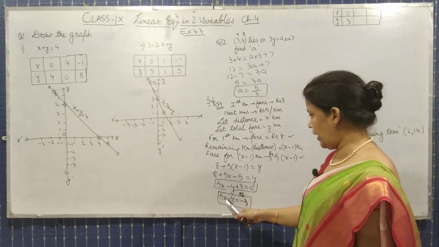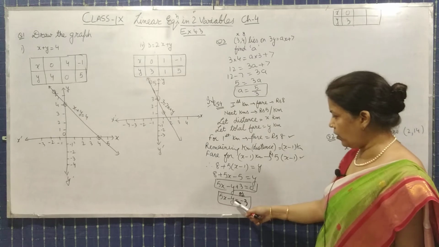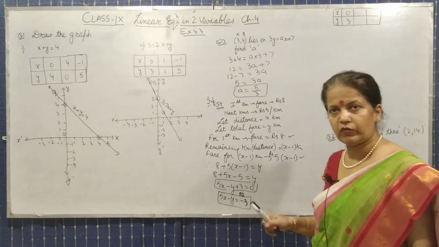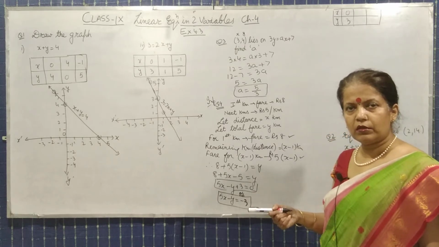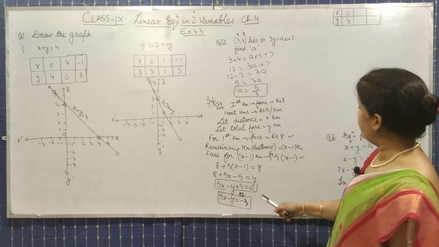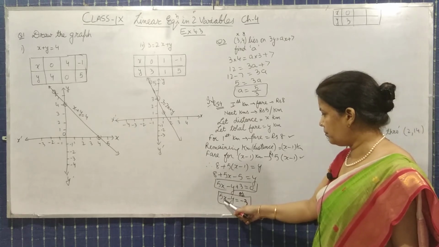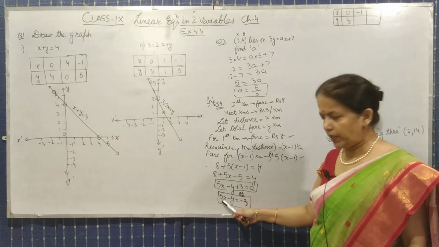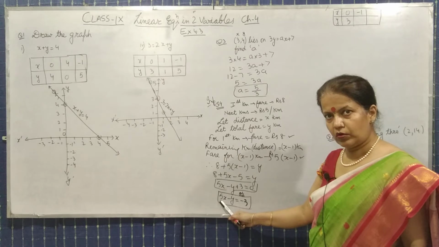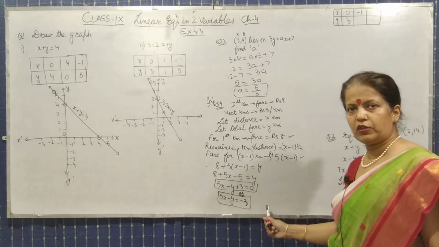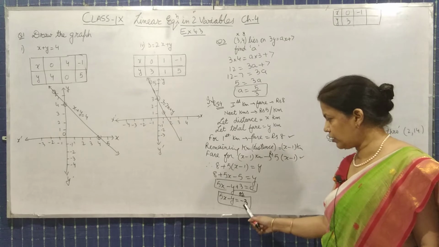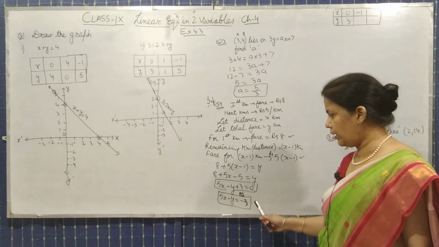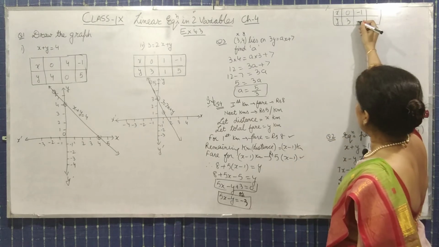Now, take x as minus 1. You will not take y as 0, because if you take y as 0, it will become minus 3 upon 5, so you will not get the exact answer. Now take x as minus 1. Instead of x, minus 1. So it will become minus 5, and minus 5 shifts here so it becomes plus 5. So minus 3 plus 5 will become 2. So minus y equals 2, so y equals minus 2.